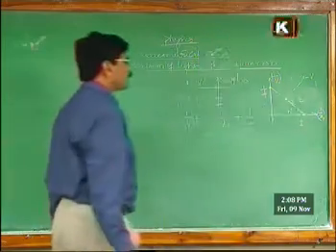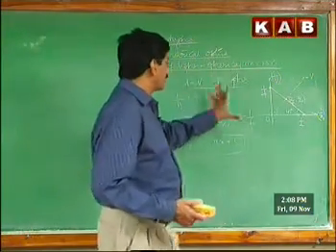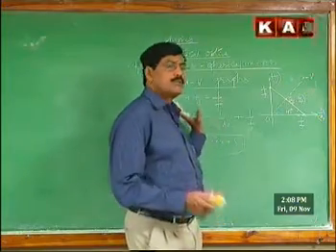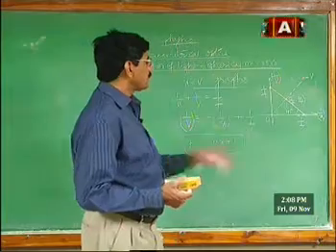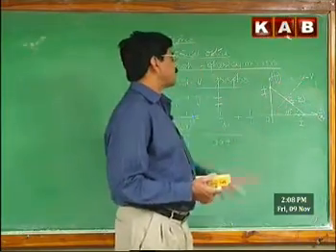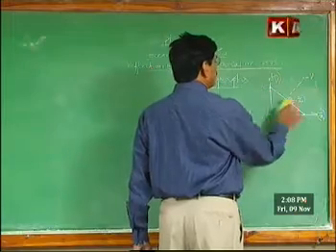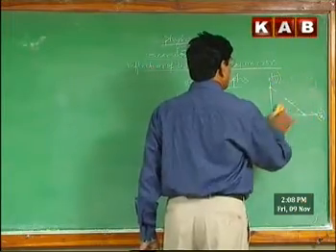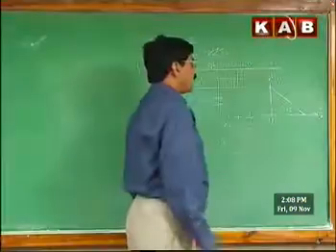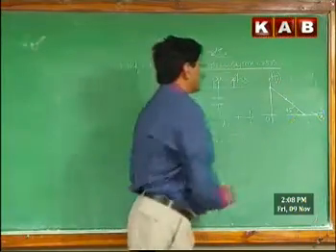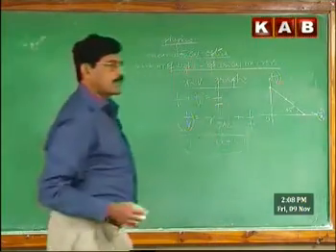Where it intercepts the UV line. So based on this, sometimes they may not mention the nature of the mirror, its focal length or radius of curvature. They may simply give you a 1 by u versus 1 by v graph. They may give this line making an angle of 45 degrees, and you must be able to use this idea to determine the focal length.